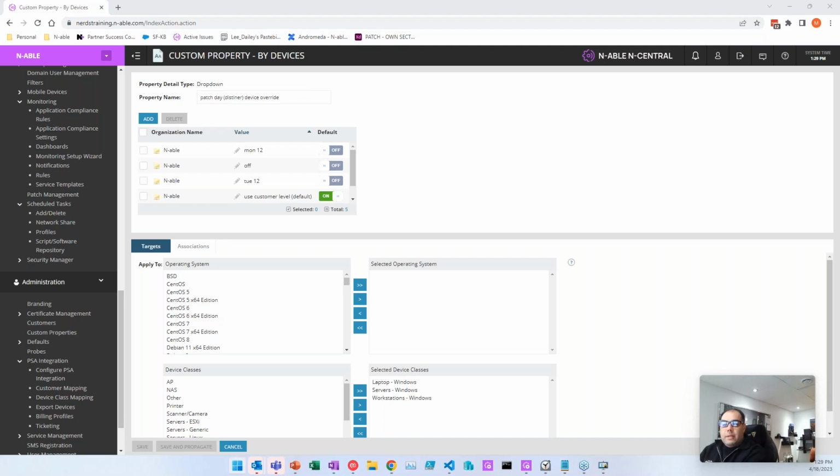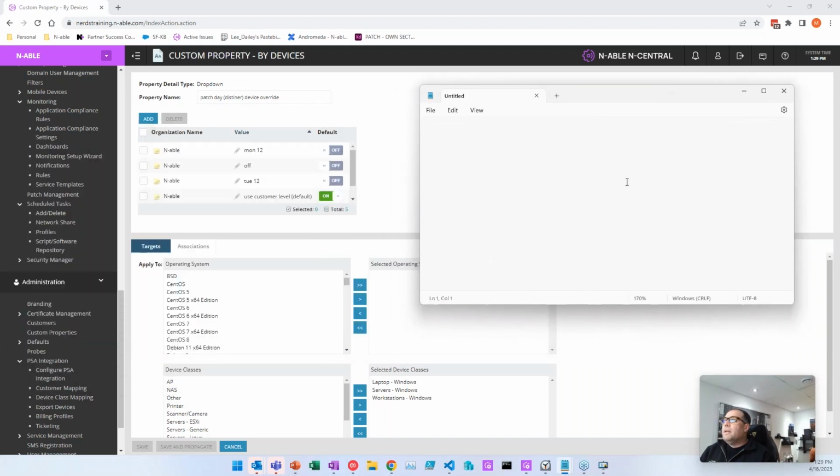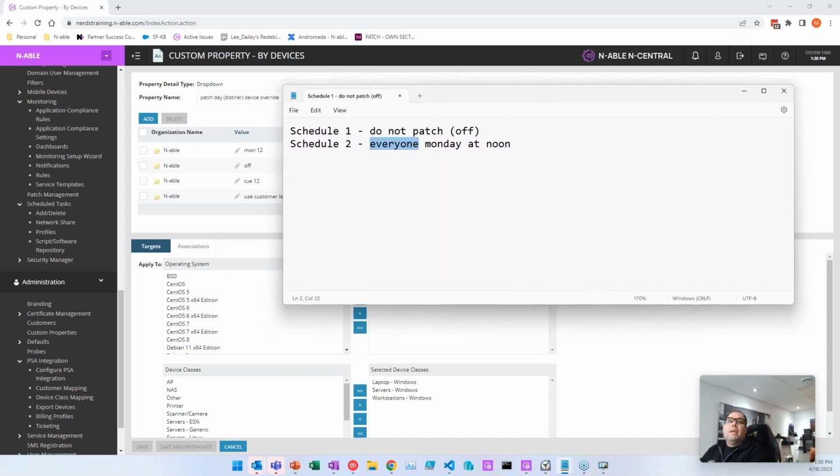So let's do the discussion about the use case. If I come here, I'm going to use Notepad because it's easier to kind of draw a little bit. I'm going to say schedule one is do not patch. Right? So that's easy. There's nothing to do. You just say don't patch, done. Schedule two, everyone Monday at noon. So that's easy. That's the way that I would like to do it. Or maybe not everyone. We'll say schedule two will be Monday at noon, and then schedule three will be